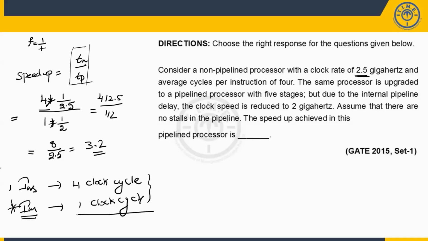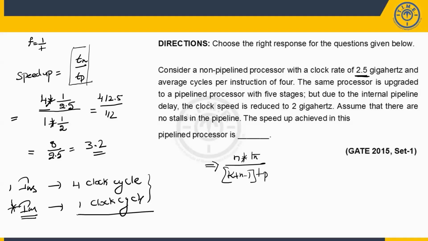Yes, sir. Yes or no? Anyhow, even if you simplify the formula, I'll tell you. Speed up is actually equal to n into Tn divided by k plus n minus 1